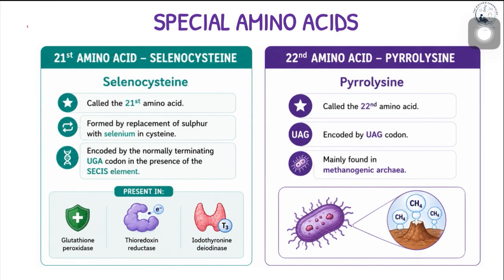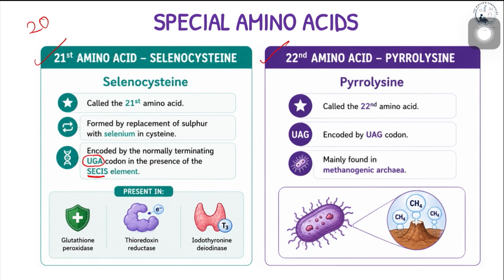So we initially saw that we have 20 amino acids, but recently we have found that there are additional amino acids such as selenocysteine and pyrrolysine, which is the 21st and 22nd amino acid. The selenocysteine is formed by a genetic code known as the UGA codon, which is initially a stop codon which says stop the formation of your proteins, but when there is a presence of a selenocysteine insertion sequence, it forms the